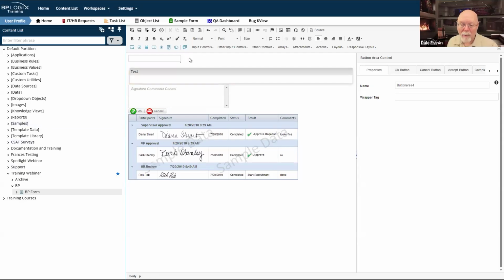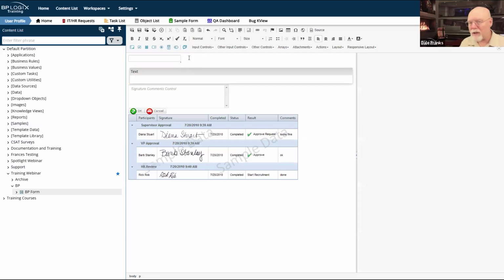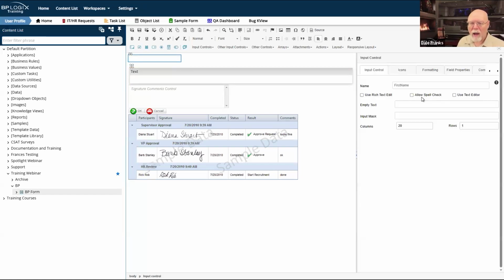Now, at the top of the form, and you don't even have to display them, they can be hidden, you are going to want to have your 3 fields that we put on every form, which is submitter, submission date, and request number, generally a sequence number created request number that is unique to each request. That way I've got a unique request number. I can search for it to pull up just a single number.